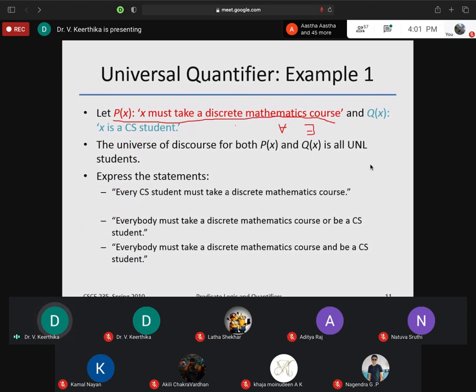Every CSE student must take a discrete mathematics course. Just see how I'm mentioning here. Every means you know which symbol I'm going to use, which quantifier? Universal. Can anyone say which quantifier it is? Guys, are you listening?